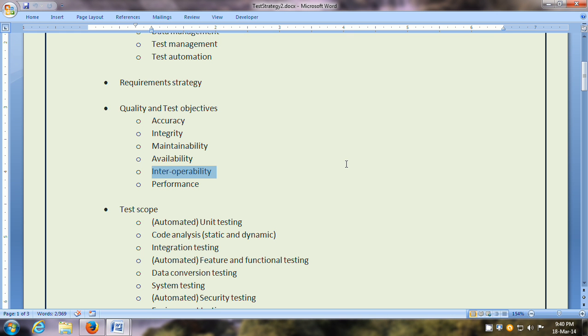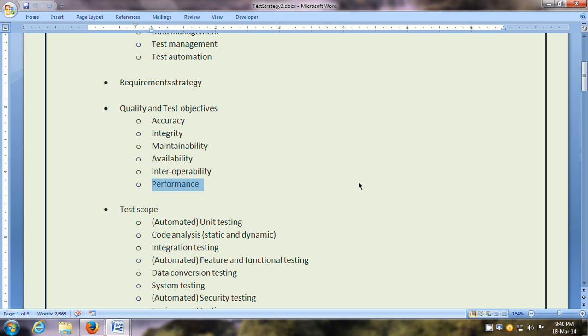Then we have interoperability, meaning that the system is able to work in different platforms. For example, if it is a web-based system, then it can work in Internet Explorer, Mozilla Firefox, and Chrome. Then there can be a performance quality and test objective, and it is related to the responsiveness and throughput of the system.